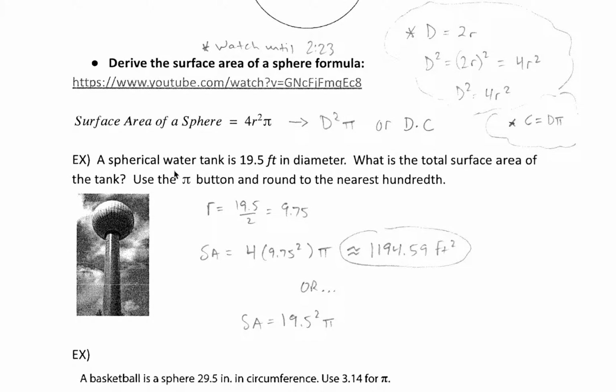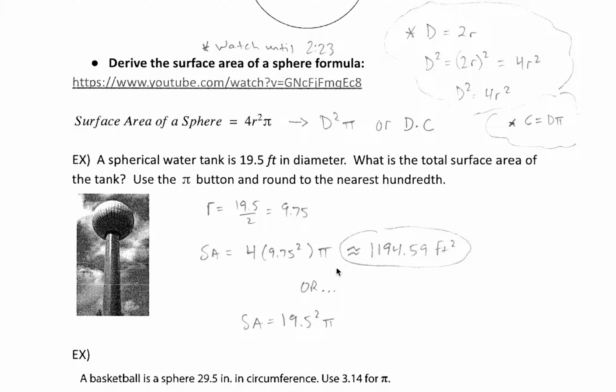In this first example, we're told that a spherical water tank has a diameter of 19.5 feet. And so let's use that to find the total surface area of the tank. One way that we can do it is find the radius given the diameter. Let's just cut that in half, and then we can use this first formula. So square the radius first, and then multiply by 4 and pi. Always do your exponents before you multiply. And we could get the surface area is about